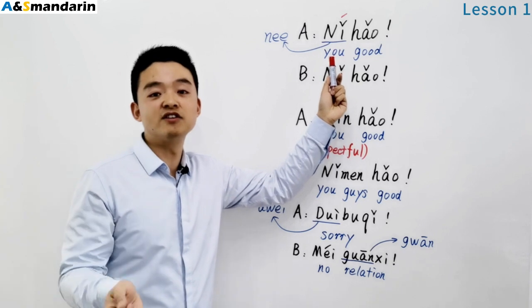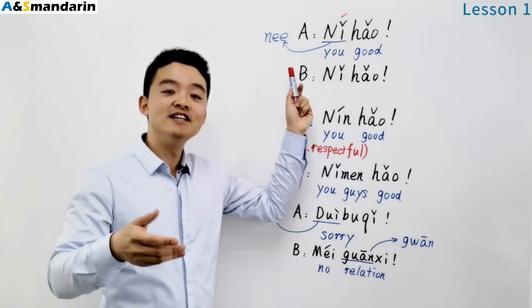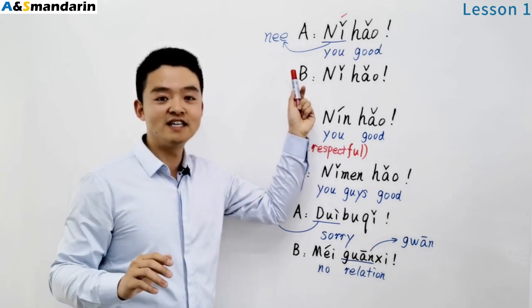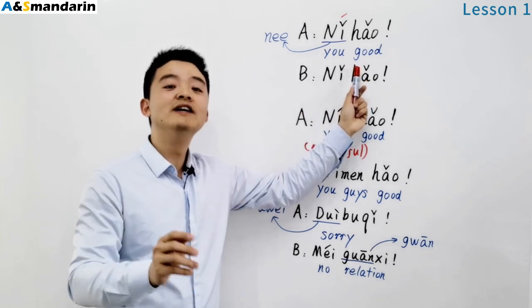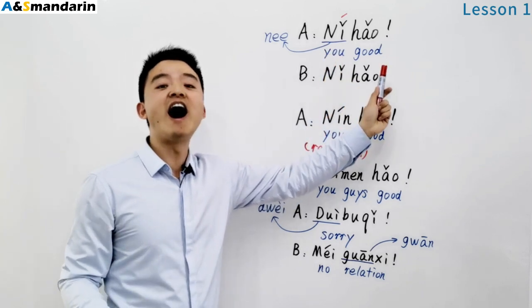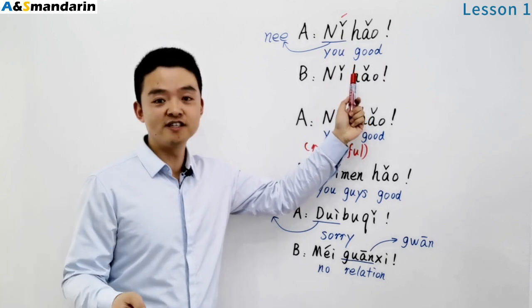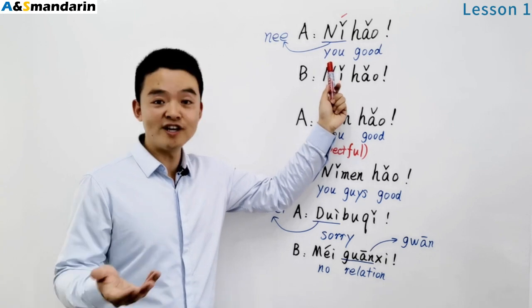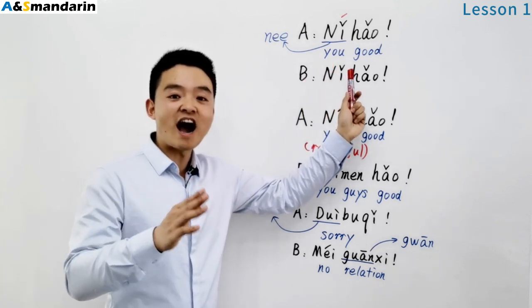Let's read it together. Read after me. 你 with the second tone. 你好 all together. 你好 Ni is you. Hao is good. Literally, you good. That is hello in Chinese. Read after me again. 你好